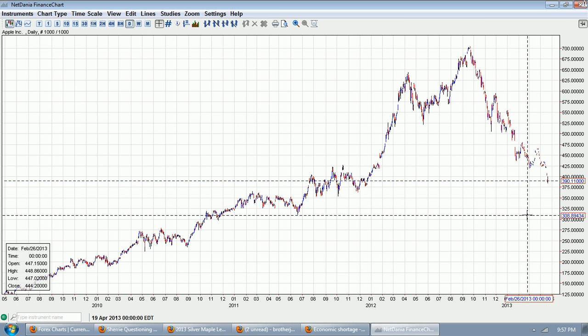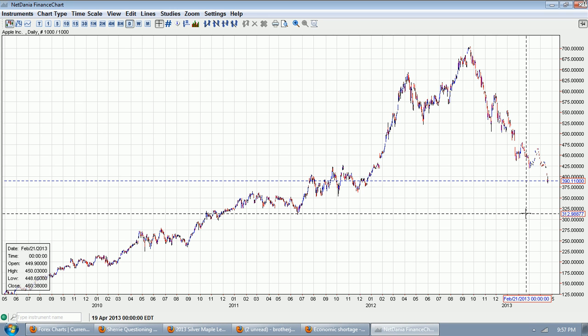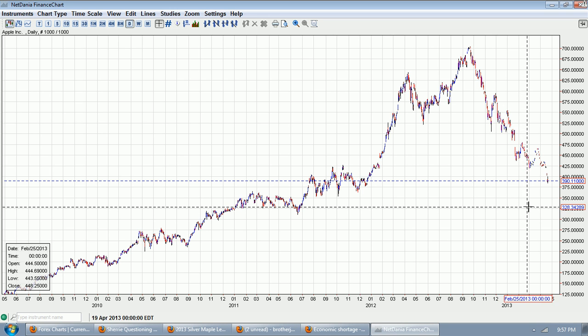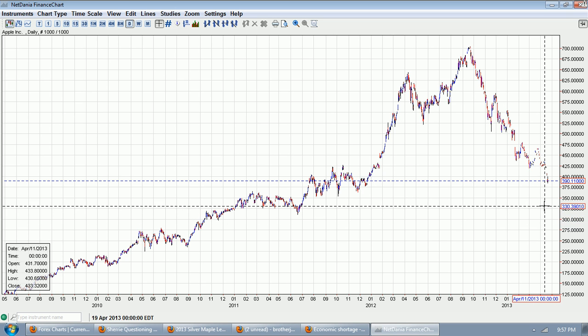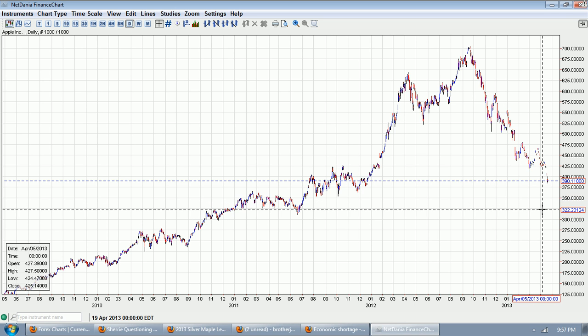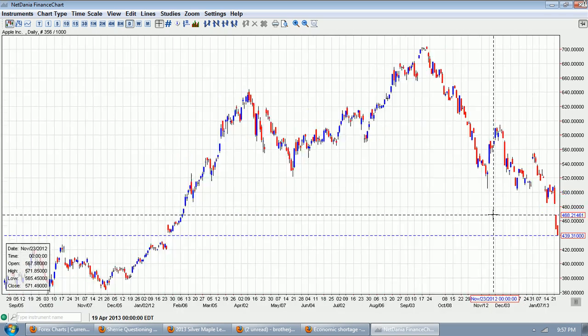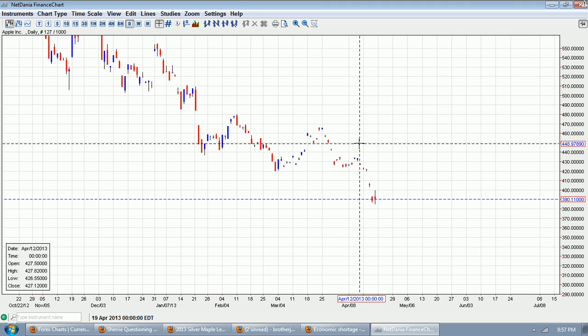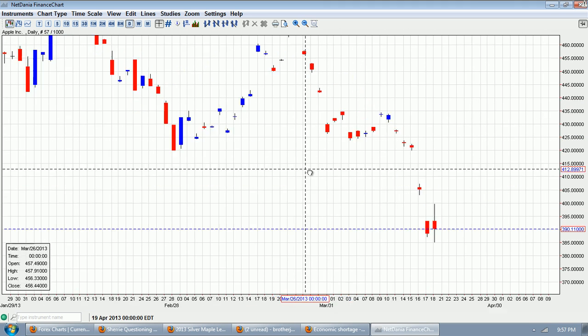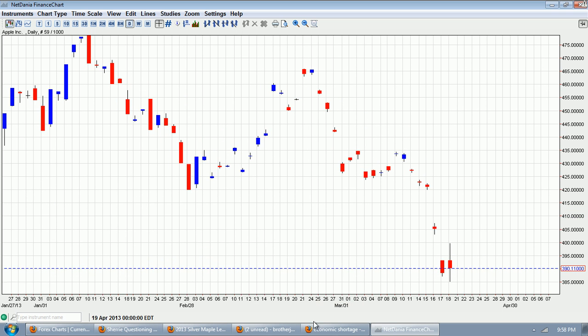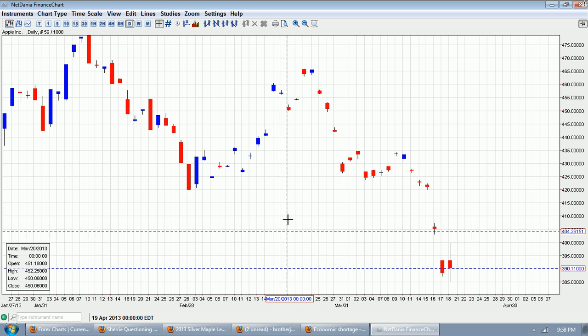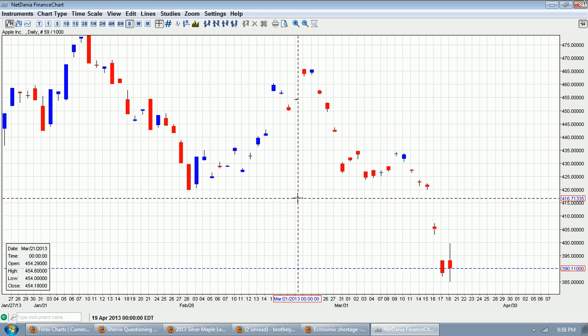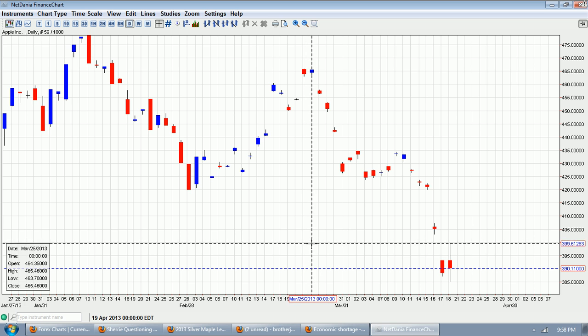Now, what is so fascinating about this chart, and we're going to talk about fake markets and real markets here, is that some of the action that we've seen in the Apple stock here, we're going to zoom in and take a much closer look so we can get the candlesticks. What's very interesting is if we look real closely at this candlestick activity, you can see the dates starting in about the beginning of February, and I'm not going to use the NetDania volume because it's not accurate, but you can go to Yahoo and get the volume on it.